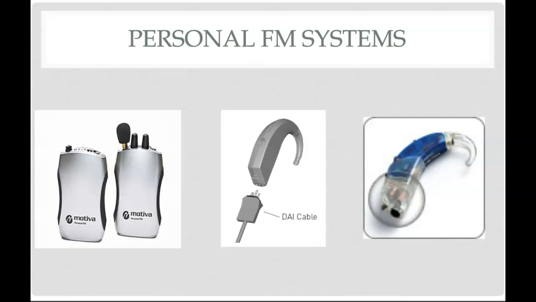And so anytime the kid is spaced out from the speaker, you can lose sound pressure level. And there's something called the inverse square law, which essentially says every time you double the distance from a sound source, you lose about 6 decibels, right? So, depending on where the child is in different classes, the sound pressure level at the level of the hearing aid might be reduced, and that is why FM systems are used.